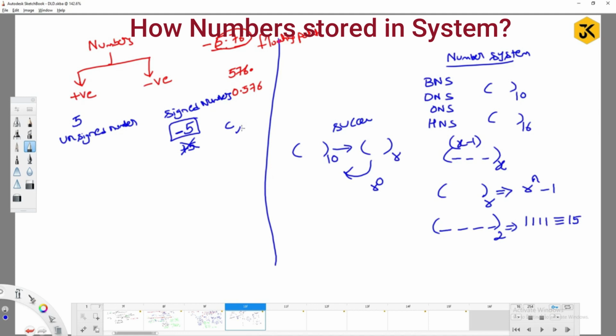right? All positive numbers are stored directly, whereas complement numbers like negative numbers are stored in the form of the complement of the actual system, right? Let me come to this point later, what we mean by the complement of a number system. Okay, fine. Before that, if you would like to represent the number 5, the number minus 5 in the system,